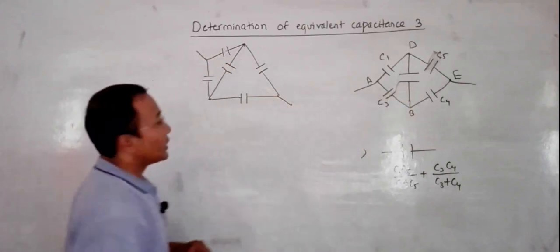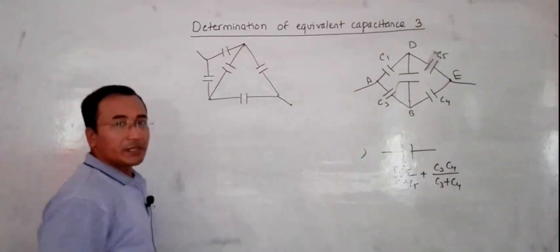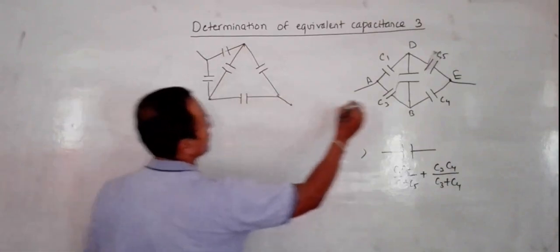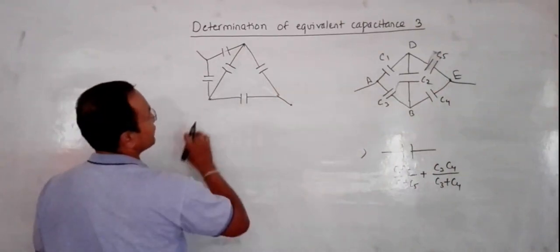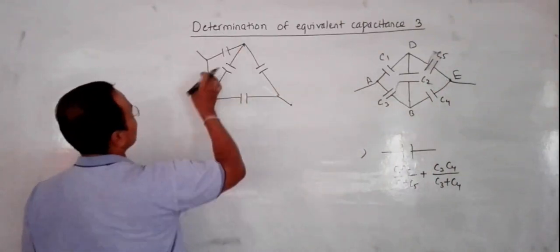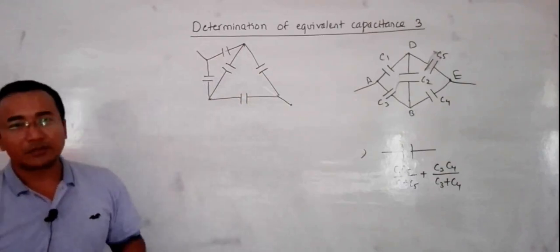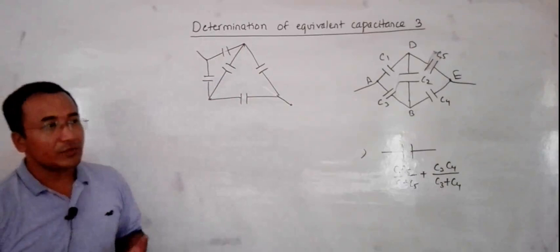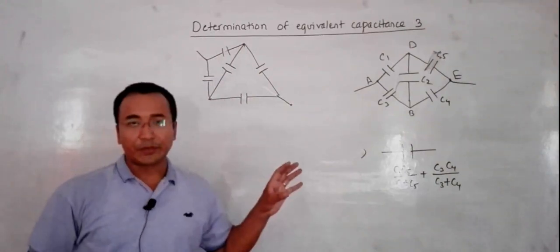So this is also a Wheatstone bridge, where the bridge circuit is this one. So this is capacitor C2. As you dealt with here, it was C2. This will be C2, C5, C4, and C1 and C3. So a Wheatstone bridge can take many forms. The only thing is that we have to recognize the Wheatstone bridge in